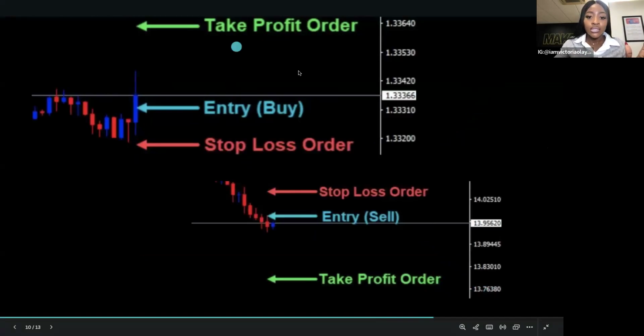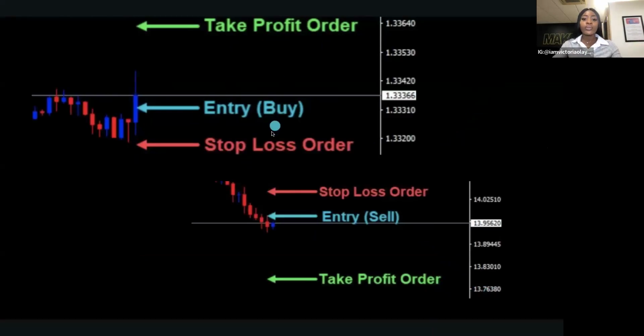We've got take profit and stop loss orders. Now, take profit simply means you're taking your profit, and stop loss simply means you want the losses to be cut. Yeah, so if you enter around here, you set your take profit, you set your stop loss, yeah? So I enter here, and for a buy, of course, I want the market to go up and take me out in profit. But if the market does not go my way and it hits my stop loss, it's going to limit my losses, and I still have capital to trade with.